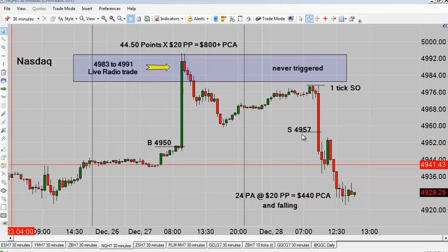Today we were looking to sell the NASDAQ at 49.57. Last calculation, we dropped 24 points at $20 per point, $440 per contract available. Now, is it possible that you could have gotten stopped out on this pullback here? It is. You could have also left your stop where you originally placed it and simply paid yourself on the way down. That method is firmly